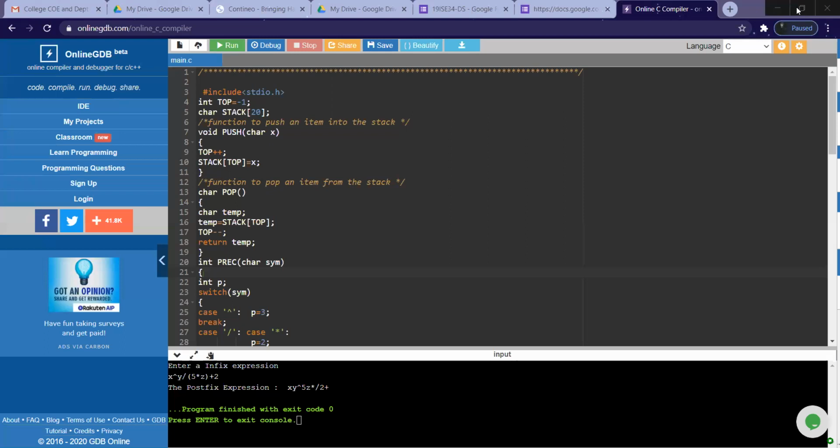By next lab, 3 programs. The first one you have already done. For the next 2 programs we have done now: stack implementation using array and infix to postfix conversion. I don't want to dump everything in the same lab. Let us continue in our next lab with evaluation of postfix and tower of Hanoi. Maybe both are in the same program. So that program we'll see in our next lab.